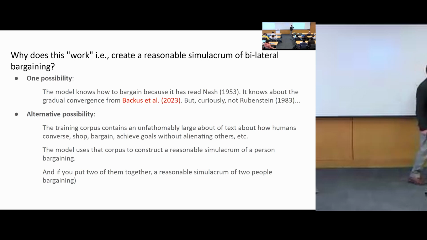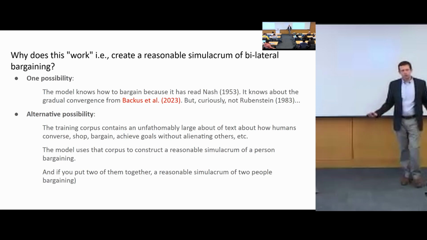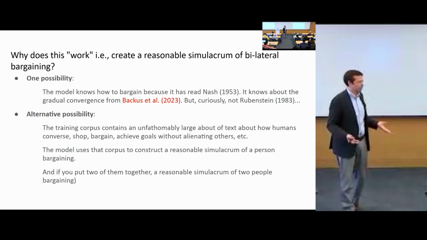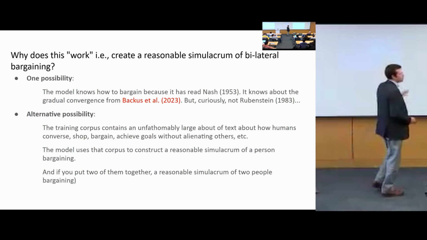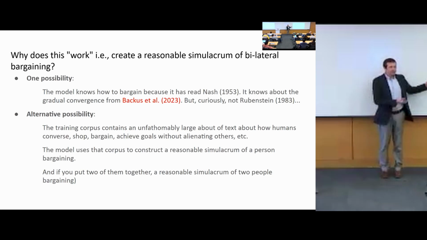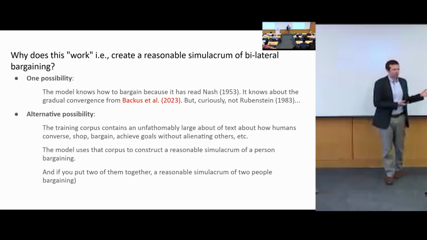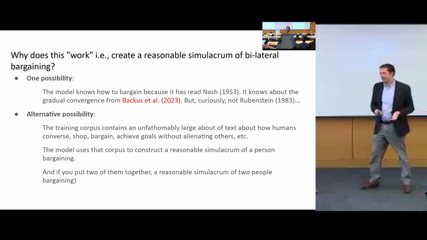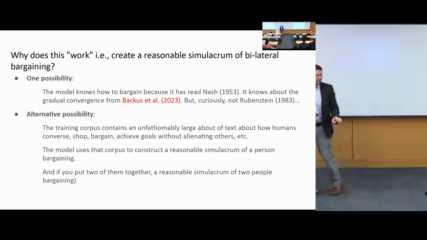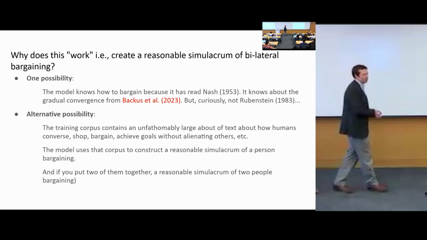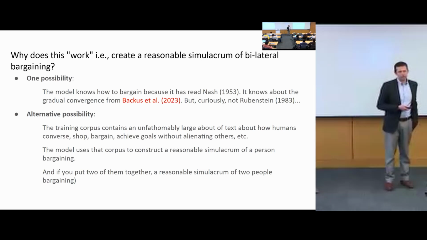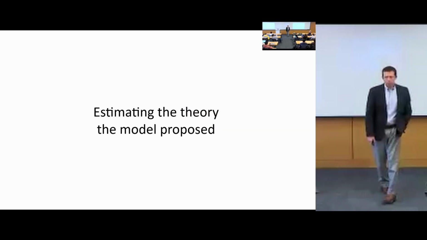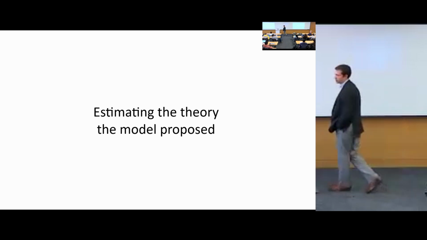If you put those two together, you'll recreate what it looks like when people bargain, at least in broad strokes. Is this empirically how people actually bargain? It actually looks pretty similar to what people do on eBay. You do get this kind of gradual convergence. But I don't think you want to say this is the point prediction of it. It just gives you a way of simulating something that looks like bargaining without bringing people into the lab. Which model is this? This was GPT-4.